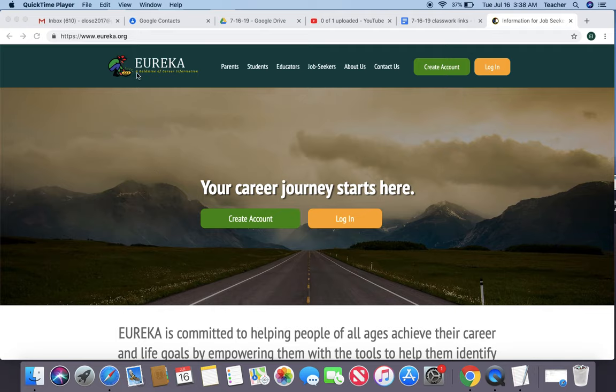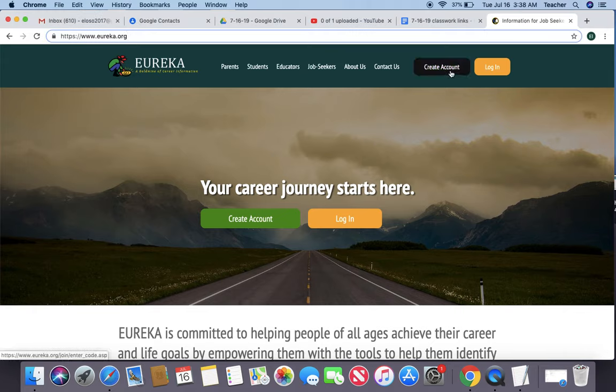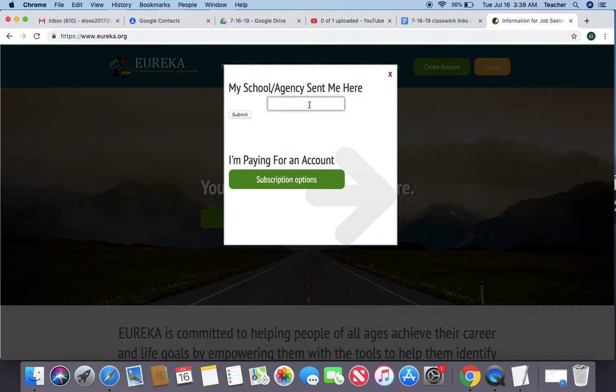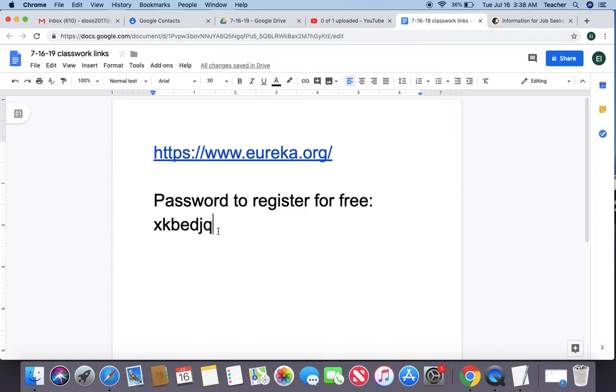So first, we have to go to eureka.org right here. And then you click on Create Account. My school agency sent me here. Site code. Va a necesitar este clave. I'm gonna send you this code, but this is the code you're going to use for free. Right there,